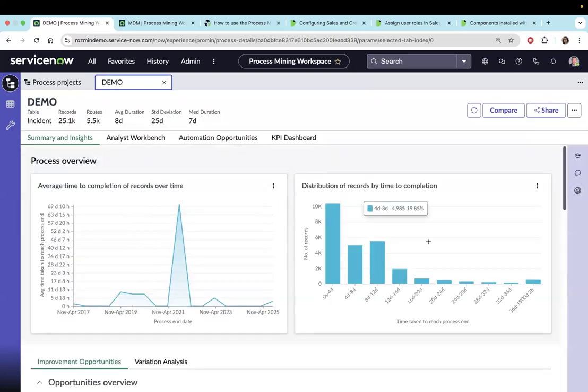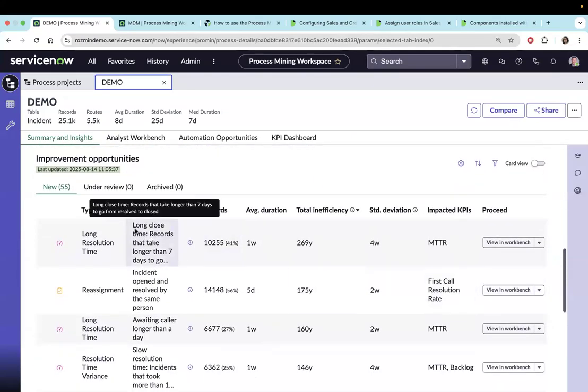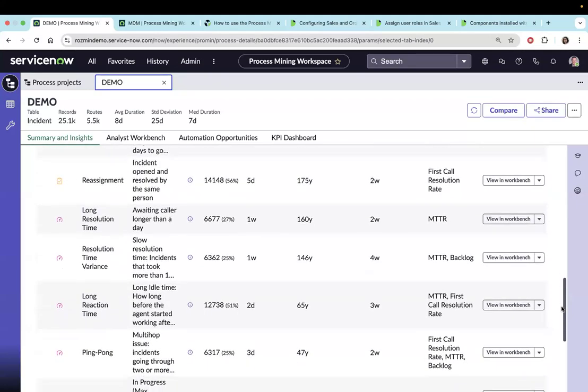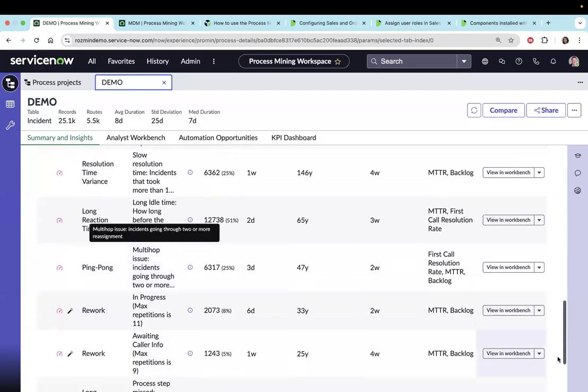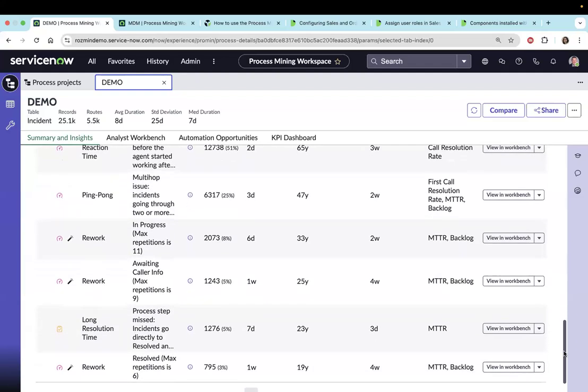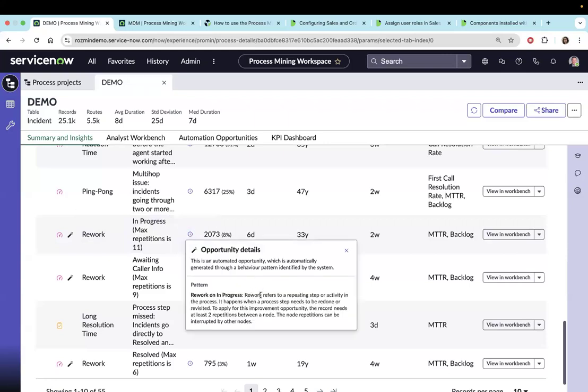So there's lots of good information here on this page. It shows you how your tickets have been trending and the resolution times of it. And most importantly, it gives you this pattern detection feature of process mining where it tells you that your records have been suffering from all these bad data patterns, and this comes out of the box for free that you could implement on your data set. So for example, here it says that your incidents in this example are suffering from rework, and the meaning of rework is explained here, that when one step is revisited or redone.